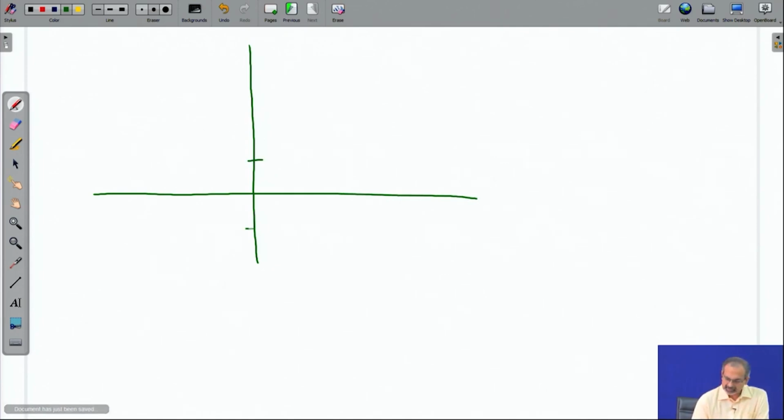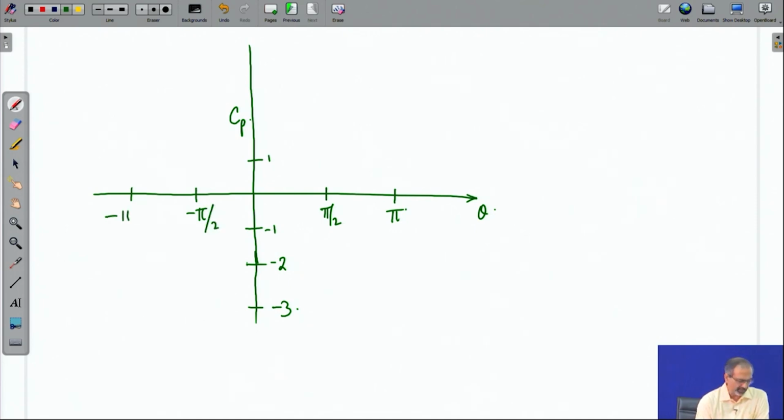If you look at that expression of C p, if you are plotting C p along the y axis and theta along the x axis, so this would be minus pi by 2, minus pi. So, basically this is the bottom half, this is the top half,